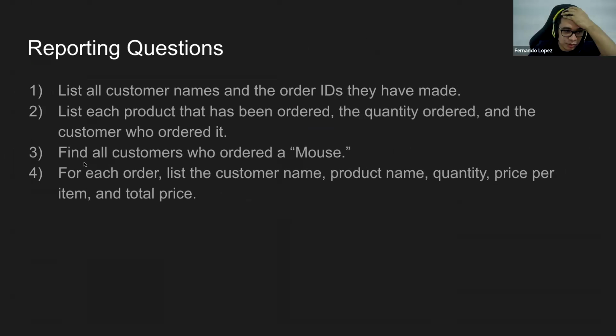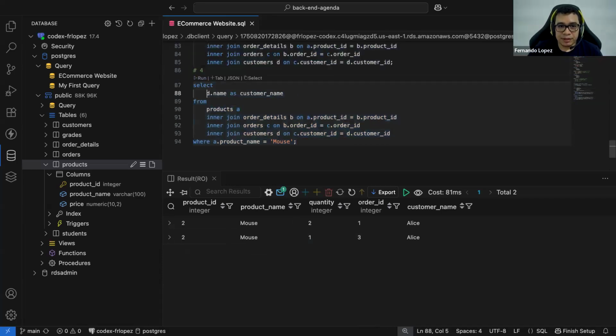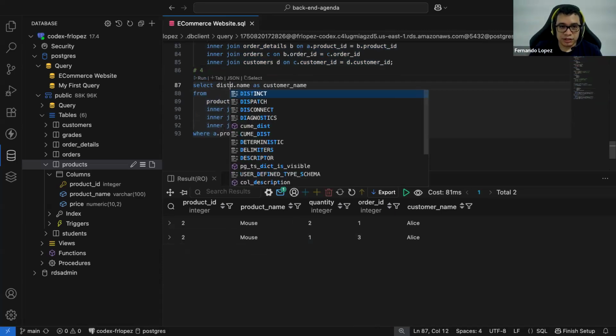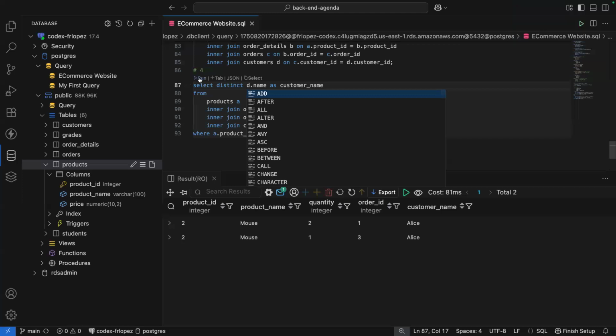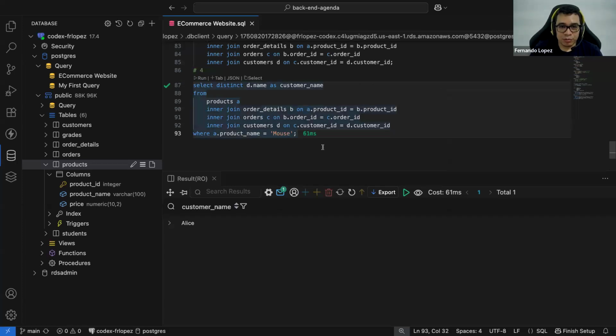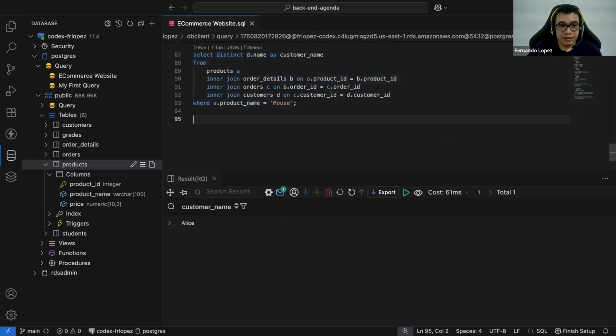Now it is requested to find all the customers who ordered a mouse. So it is important that we just require the name here. So we can put just the name like this. And remember that we are going to avoid duplicates, so we're going to put the word DISTINCT. As you learned in SQL Bolt. Does this make sense? Yes. Great. Now let's do problem number 5.